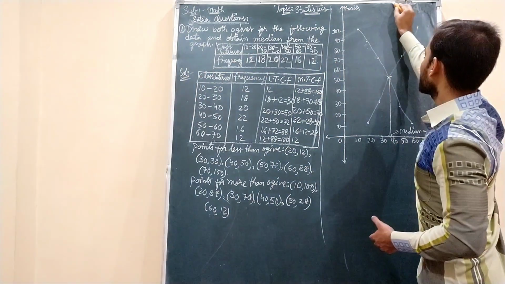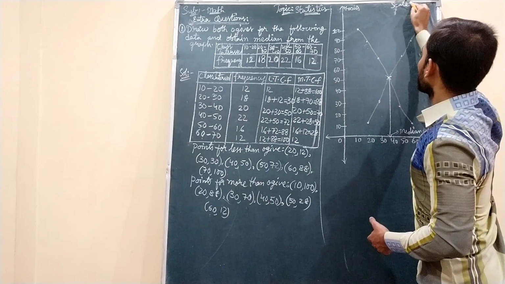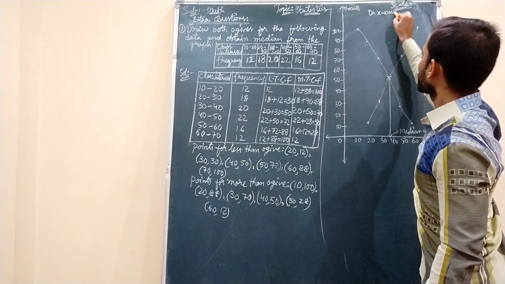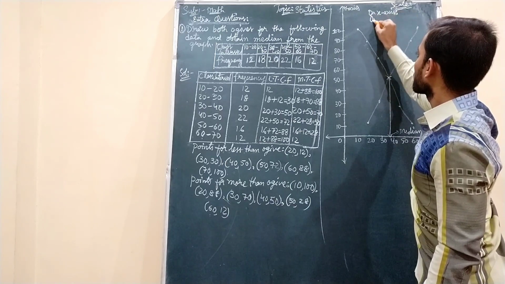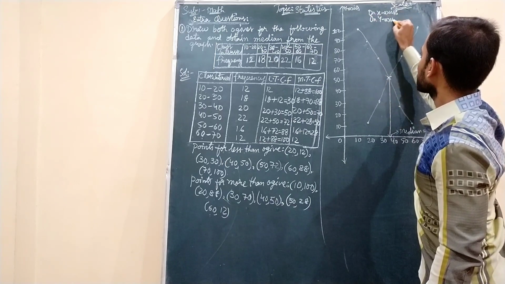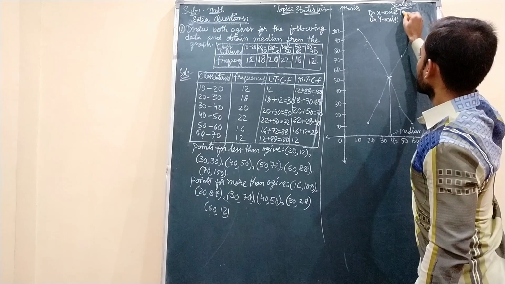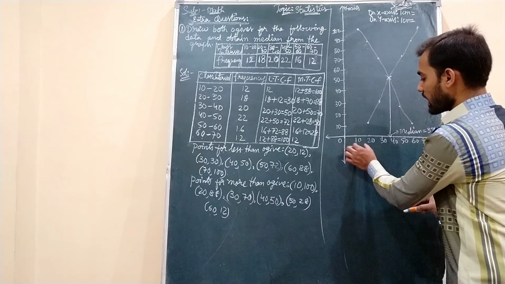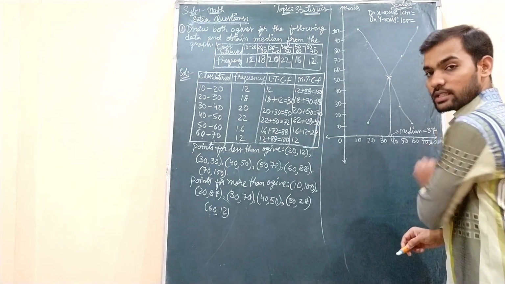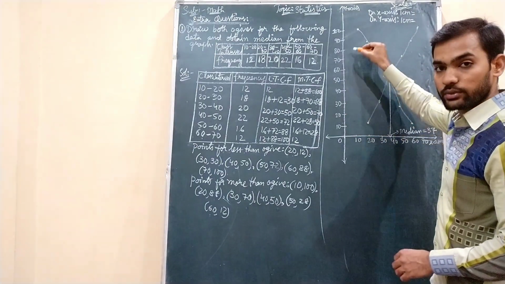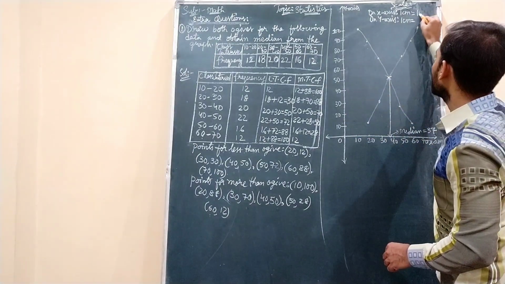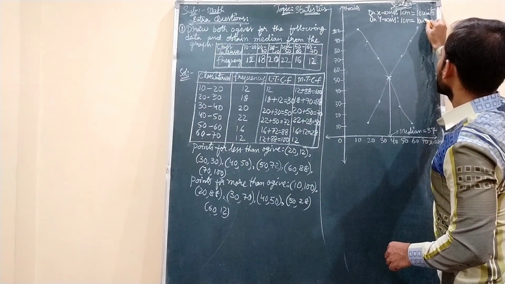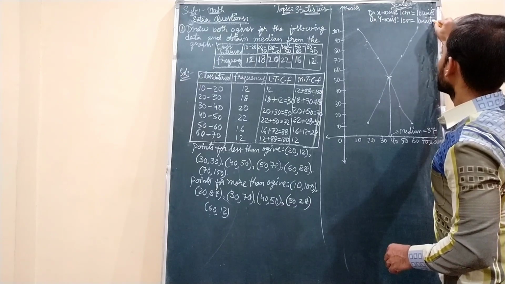Now writing of scale, as I said, is very important. Scale on x-axis, on y-axis. Boxes are of 1 centimeter each, so 1 centimeter, 1 centimeter. How much have we taken? We have gone on increasing 10 units on x-axis as well as 10 units on y-axis. So 1 centimeter equals 10 units, and on y-axis also 1 centimeter equals 10 units.